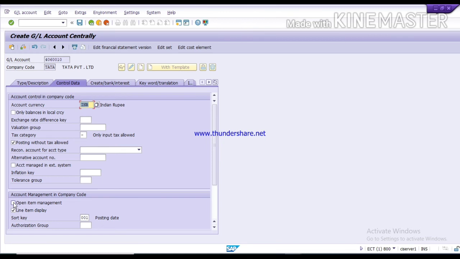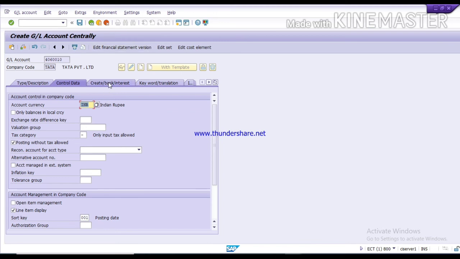GL creation LSMW is the tricky LSMW because here we have to remember the things which we have to click on first, and then we have to remove it, because at the time of recording the fields you should not get any error. If an error comes, your LSMW will not work properly.